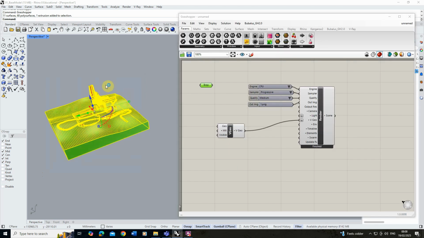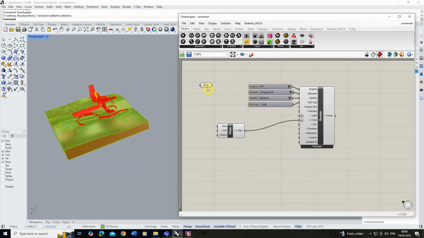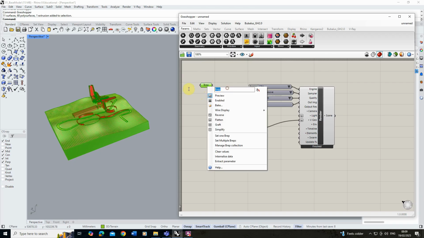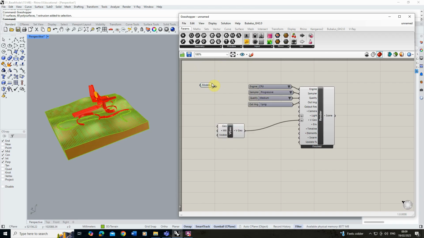That's going to pick up all of these models, and the way we can test that is if we click on this option, you'll see it goes green here saying that we've picked up all of those objects. Now we can rename this to models, so we know, or you can give it something specific if you're trying to pick up certain textures or certain layers within this parameter. And once we've got that, we're just going to plug it into the geometry and make sure that's connected into